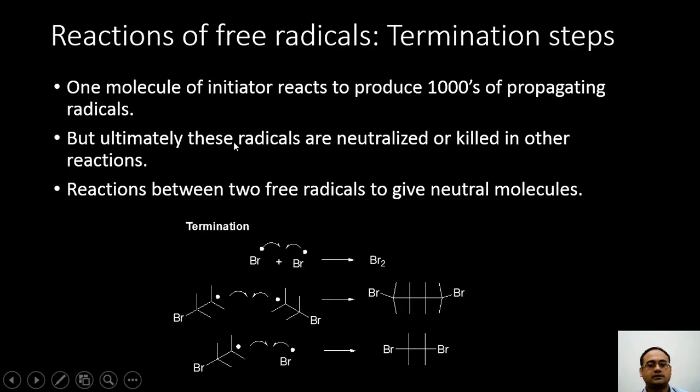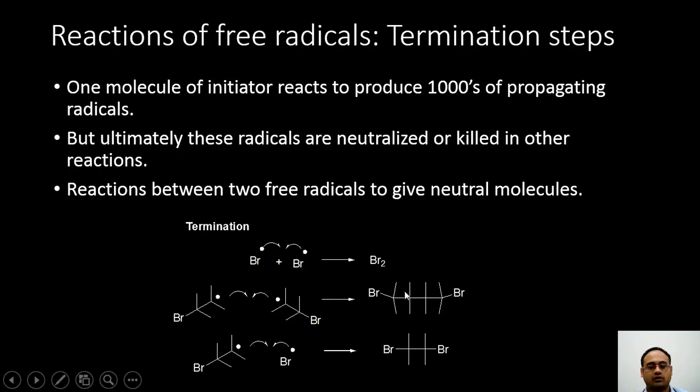But ultimately, these radicals will be neutralized or killed in other reactions. Such reactions are known as termination reactions, and they usually comprise two radicals reacting with each other to give neutral molecules which cannot react further. So, for example, two bromine radicals, if they come in contact with each other, will form the bromine molecule. Similarly, if two alkyl radicals come too close to each other, they will form a carbon-carbon bond